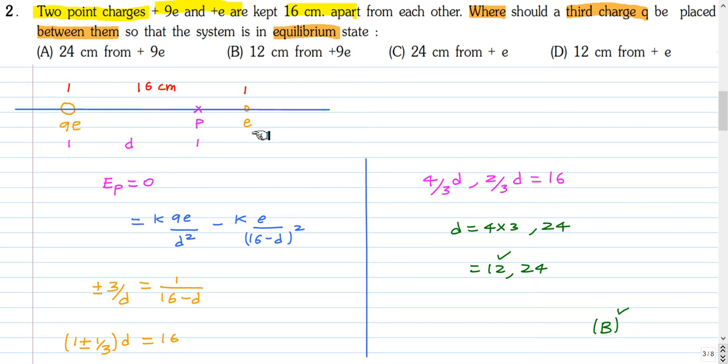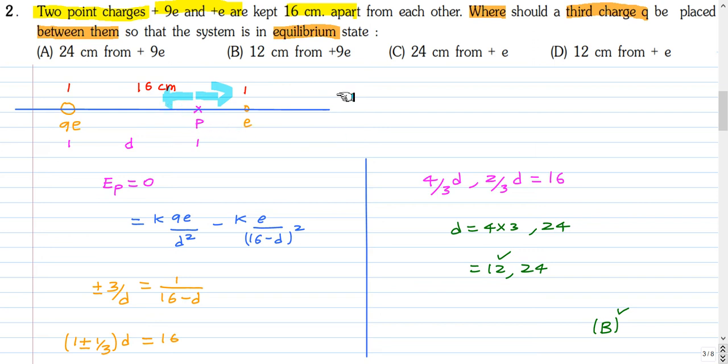There are 2 positive charges. So the third charge should be kept at a place where the net electric field due to these 2 point charges should be 0. So at some arbitrary point in between them, the forces from these 2 point charges will be in the opposite direction. The force due to 9e will be towards right, and the force due to point charge e will be towards left. So it is possible for the net force to be 0 at some point in between